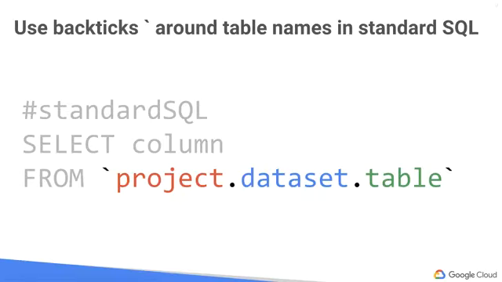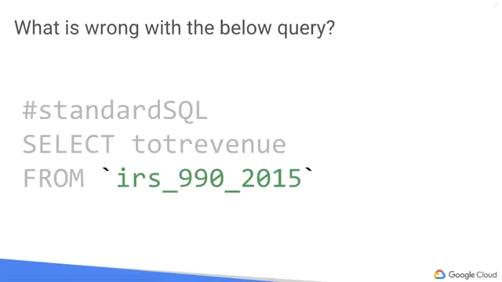Another key difference, and this is what you need to keep in mind when you're pulling data from one of these tables, is you need to escape the table name. And what that means is you need to actually enclose not just the table name, but all the prefixes of where it comes from, right? So your table is stored within a data set, like the IRS 990 data set, and then stored within a project. In this particular case, the public BigQuery project. So you need to actually have project.dataset.table.